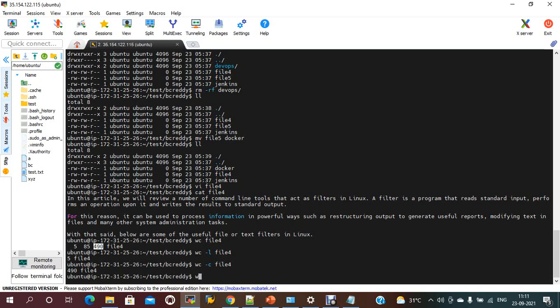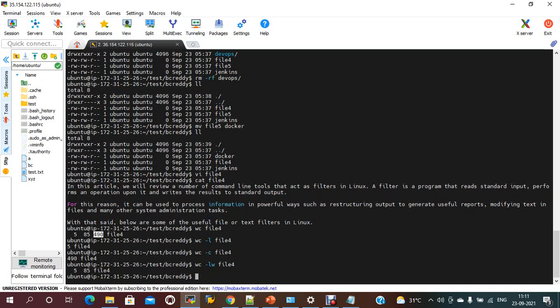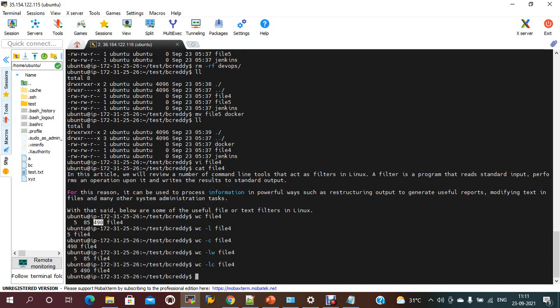C means characters, W means words, L means lines. We can combine these, -lw and file4. We can do -lwc also, file4.